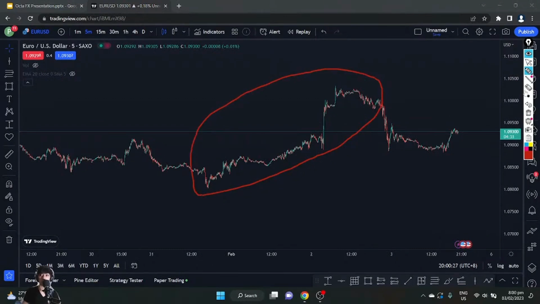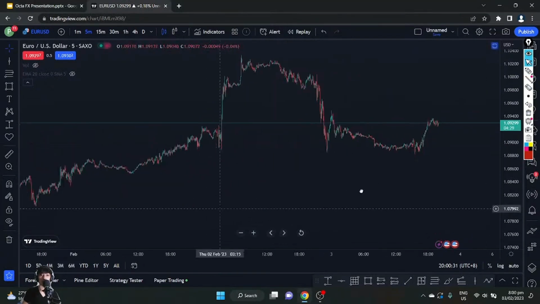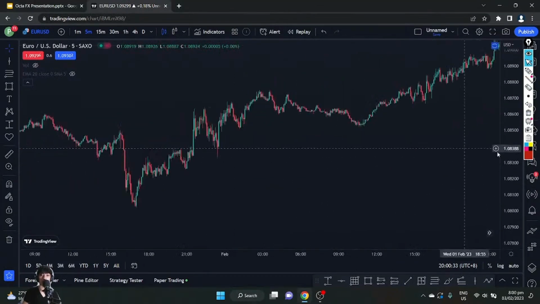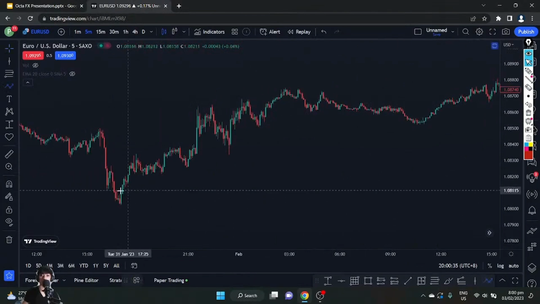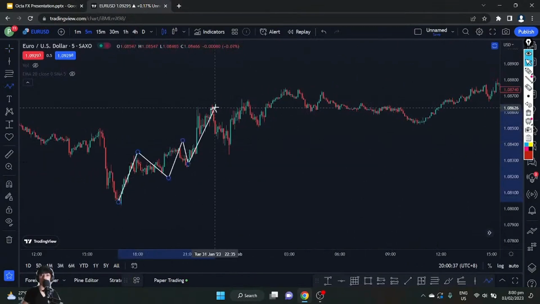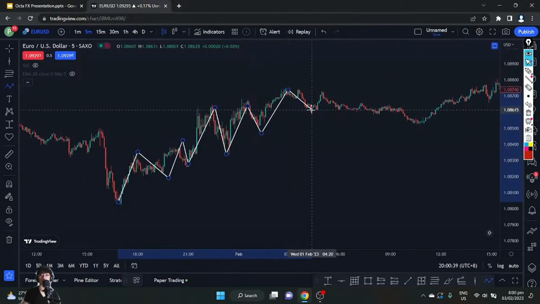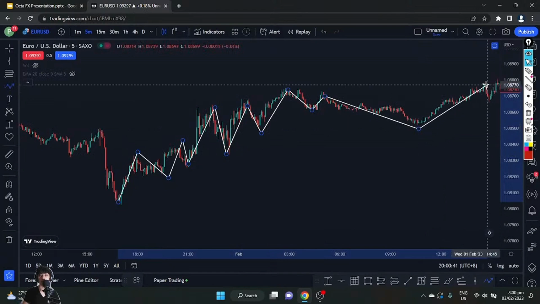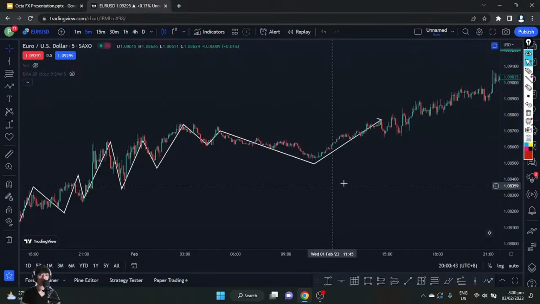So this is the single line or the single move, the one move, for the 1 hour time frame. But if we go down and take a look at the 5 minutes, we can see that it has a lot of 1, 2, 3 patterns inside this time frame, which is the 5 minutes. Okay? This is happening because, again,